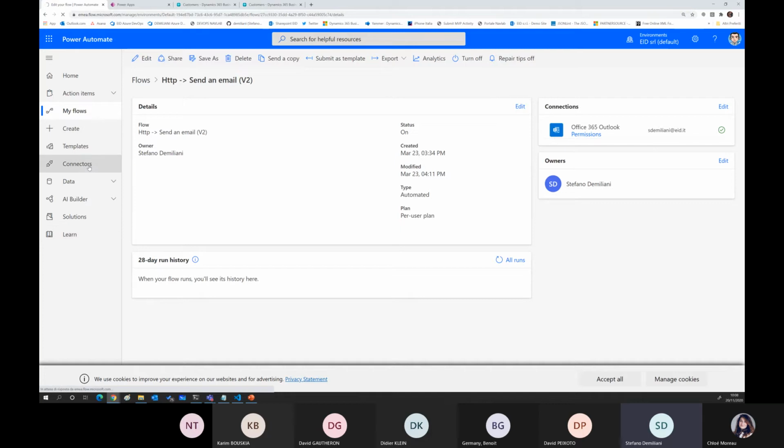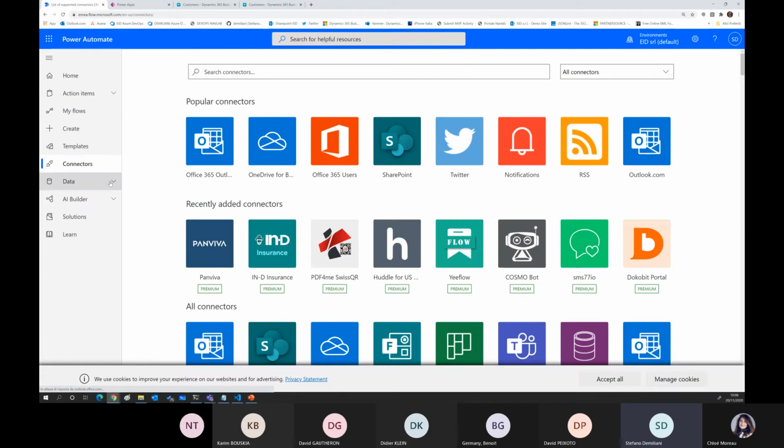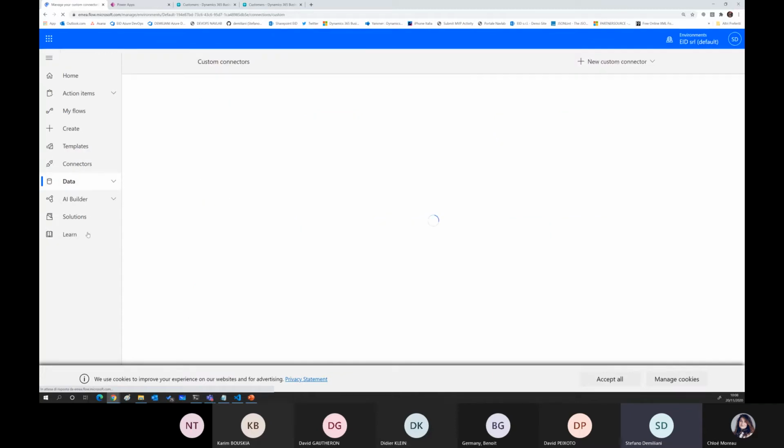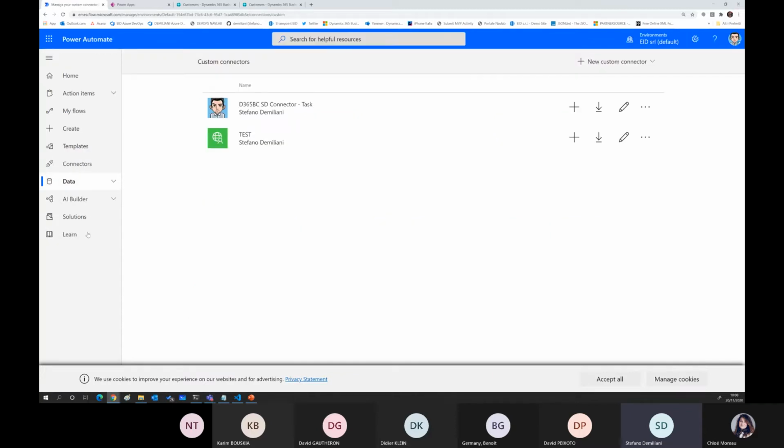Last part of this demo, I want to talk about the custom connector. As said before, it's quite common with Business Central that you need custom connectors, because you want to expose custom entities or modify standard entities. In this example, as you can see on this environment,